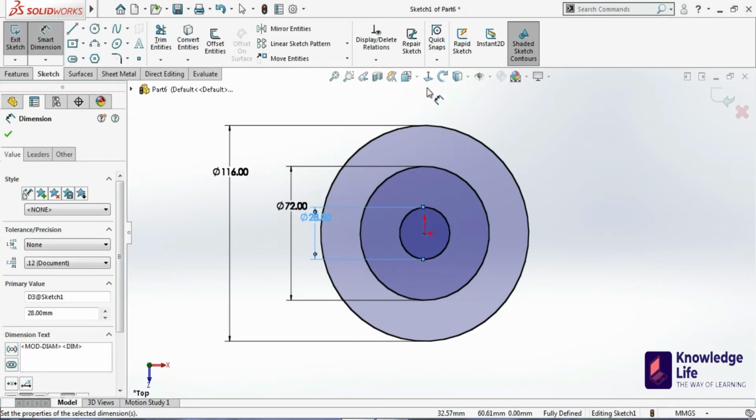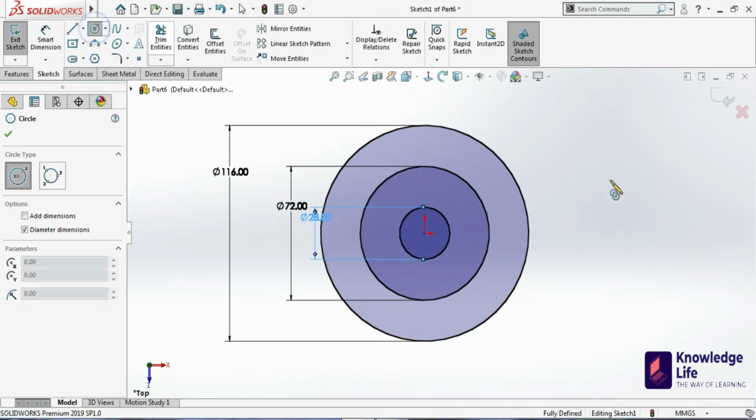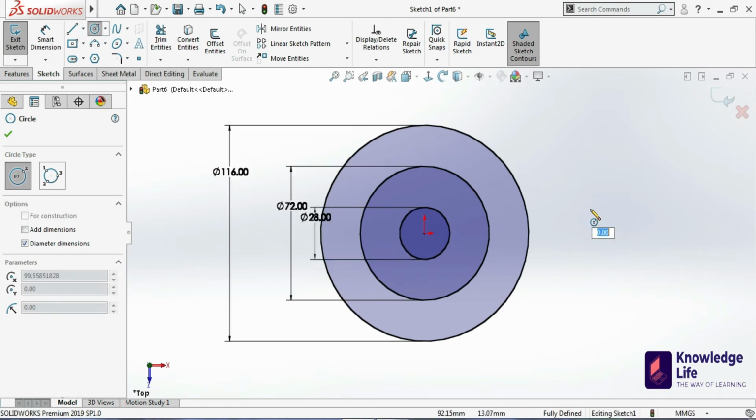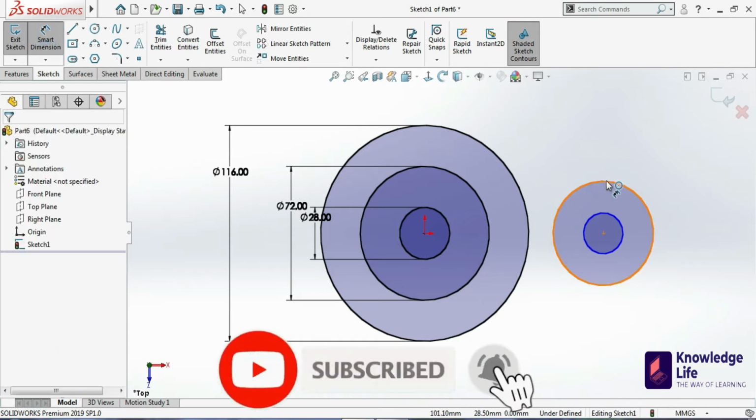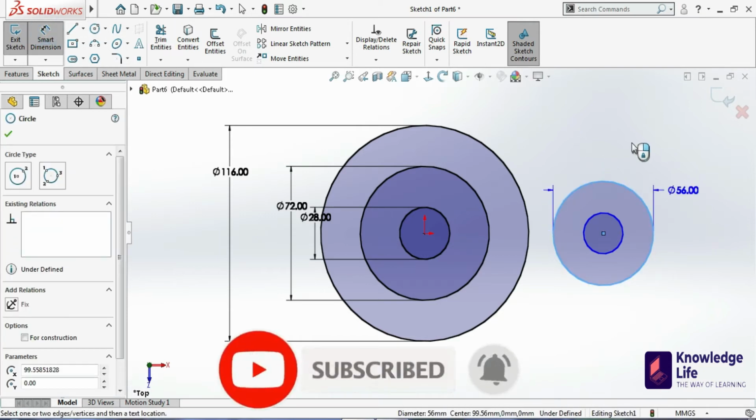Like this. Now I will create two more circles here. I'll be giving the value 56. Now just give the dimension. Already I have defined the size.